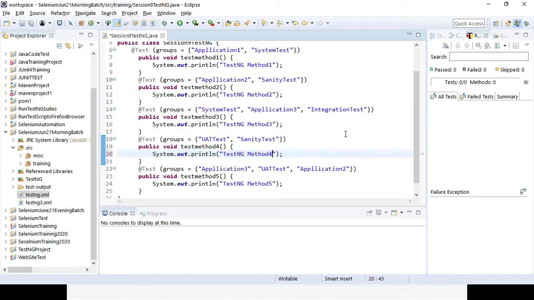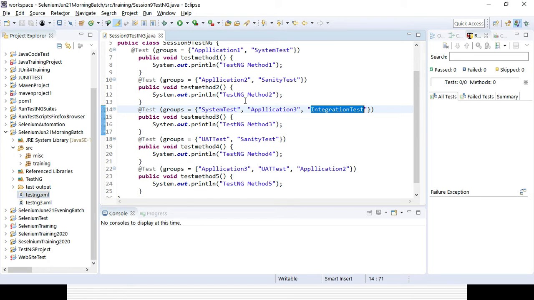In real time also you can specify sanity test, mock test, system testing, system integration testing, regression testing, and UAT testing. So that's how you can segregate. And similarly for different applications you can do it. Suppose you are working on a retail project, there will be different applications called merchandising, inventory control, and other applications, so you can segregate by application name. So as and when required, with the application name or with the system testing, that part we can easily run as a group. So yesterday we already created the TestNG XML file.